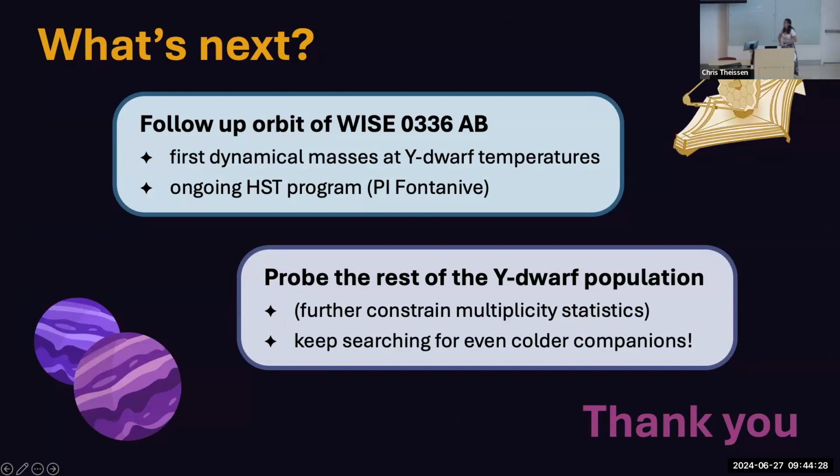And just if I can have 15 more seconds. The next step that we'd like to do with this project, our first priority, is going to be to try to follow up this new binary and trace out its orbit so that we can get dynamical, so model independent, masses for the first time for objects this cold. And then it would be nice to try to probe the rest of the white dwarf population for multiplicity, not so much to improve the statistics. We're not going to do that much better for now, but mostly because it does seem to be a really good way to find the very coldest objects out there. And hopefully that might be the best way to try to finally bridge that remaining temperature gap between known extrasolar objects and Jupiter. Thank you very much.